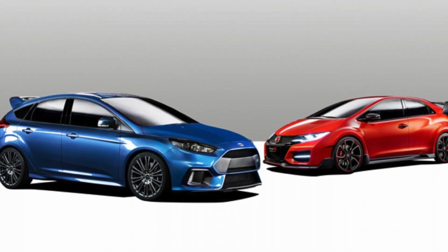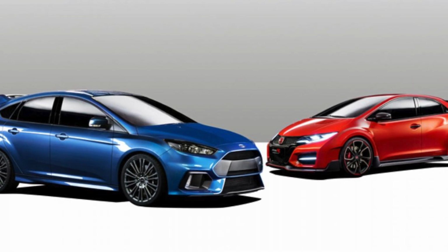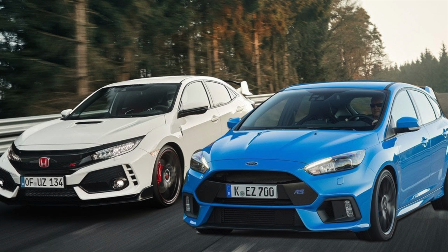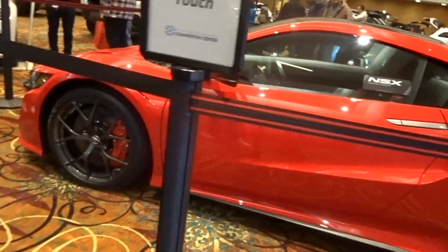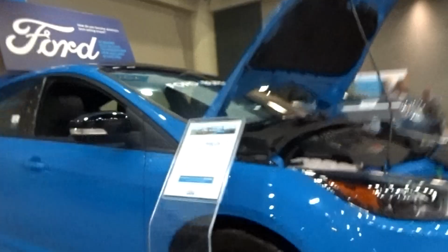In this video, I wanted to quickly talk about the Civic Type R versus the Focus RS. Now, I finally had the privilege of going and checking out both of these cars in person when I went to the Buffalo, New York Auto Show. This was really my first time seeing them up close, getting inside them and sitting in them. I want to give you guys my actual thoughts and impressions of just sitting inside them and how they felt. So jumping right into things,